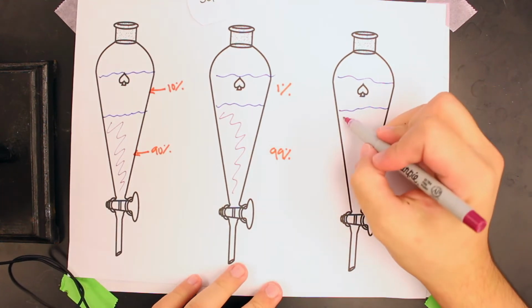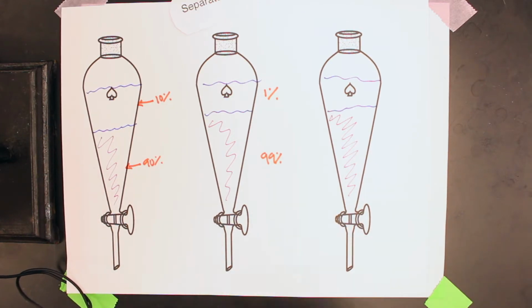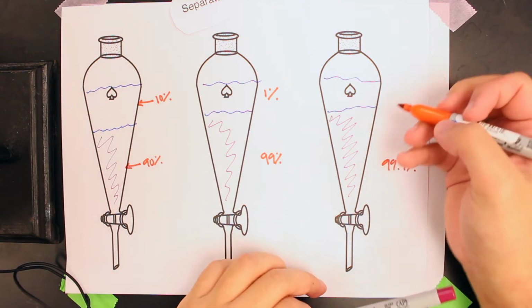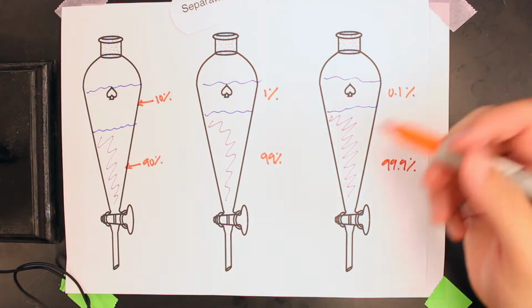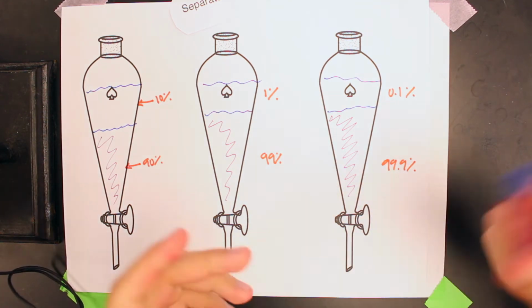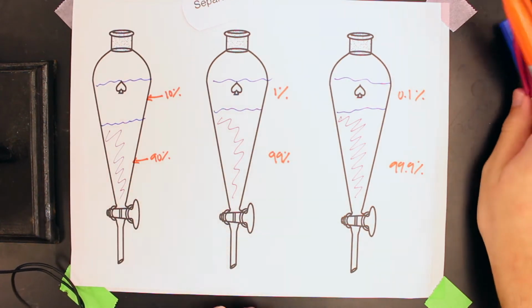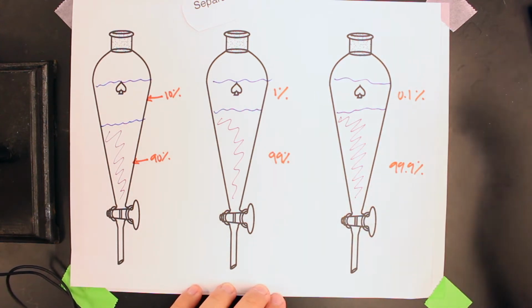Okay, and add some fresh dichloromethane a third time. And this will mean that we get 99.9% of it, and there will only be about 0.1% eugenol left in the water layer, which is probably negligible. So this is why it's always more important to do multiple extractions using a smaller amount of solvent than one big extraction. If this is all a little confusing about how this process works, it'll be more visually explained